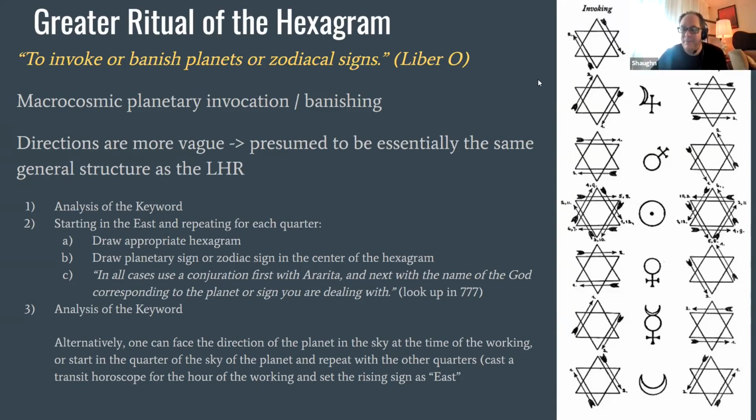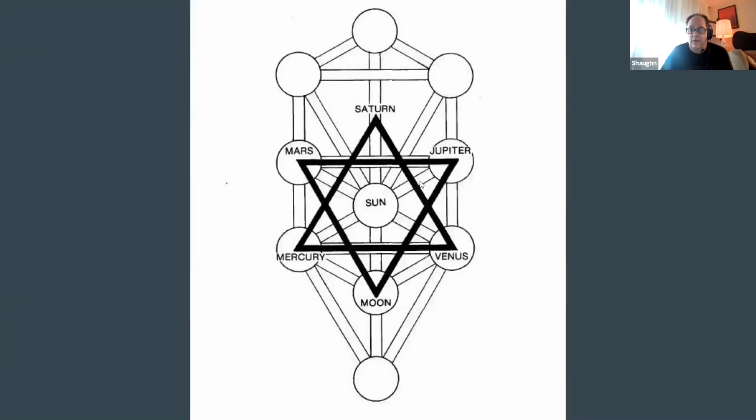Absolutely. So for your first question, my understanding is that if you were going to do an invoking greater ritual, the hexagram for Saturn, then you would draw the hexagram for Saturn in each quarter. That's what I've been doing, and I kind of assumed that, but yeah. Now, as far as the second question,